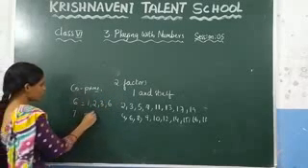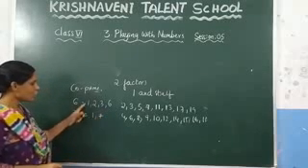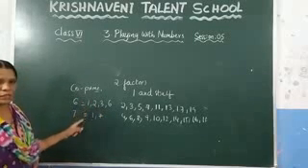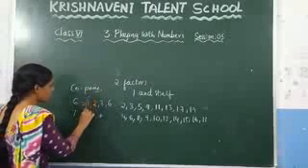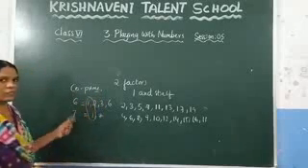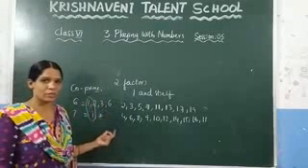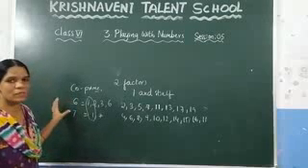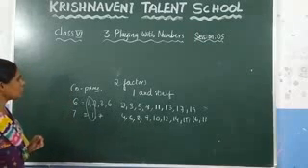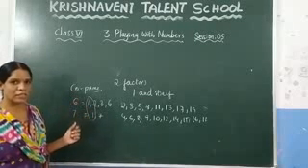And what are the factors of 7? 1 and 7. Here you need to see the common factor between these 2 numbers. What is the common factor here? 1 is the common factor. If 1 is the only common factor of the given 2 numbers, we can say that those 2 numbers are co-prime. This is about the co-prime. We call co-prime also relatively prime.